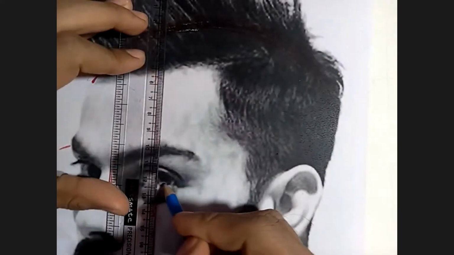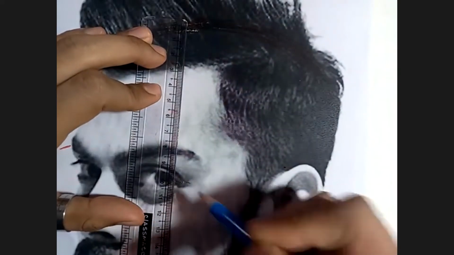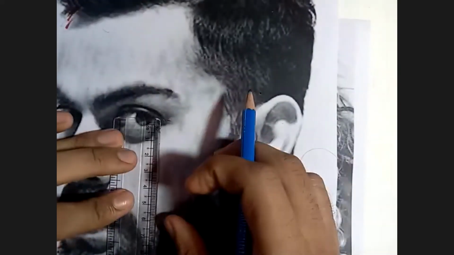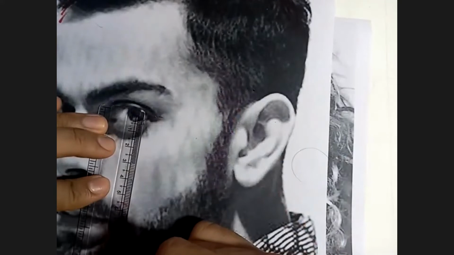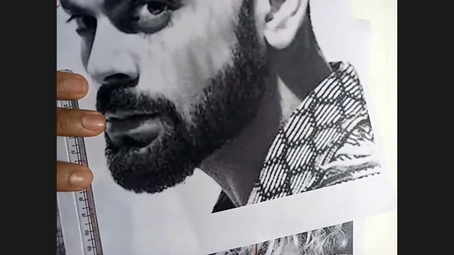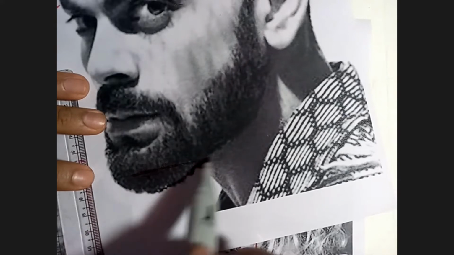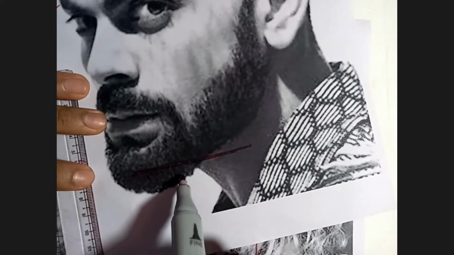If this is my center, how much is it going to be? It is 10 centimeter. From this to the bottom, see, again, another confusion that can occur. His chin is only till here. Guys, his chin is only till here. This is the level of the chin. The rest is beard.